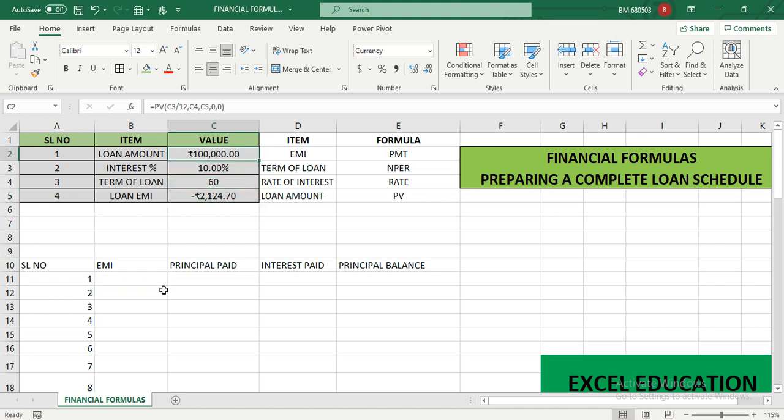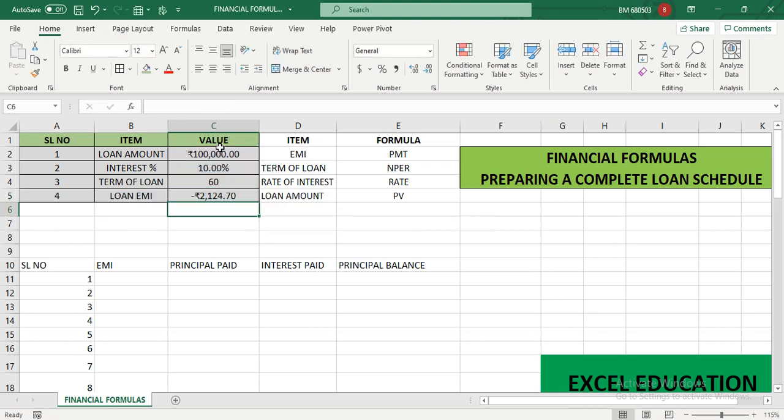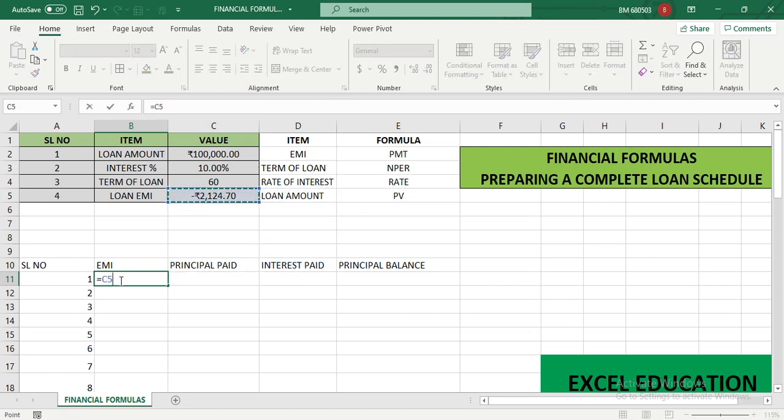Instead of these numbers, it is equal to 1 lakh rupees. I'll calculate the EMI once again. PMT, rate is 10 divided by 12. The number of periods is going to be what? 60 months, and the present value is going to be 1 lakh rupees, and the future value is going to be 0 and 0 again. All right, so we have minus 2124.70 as our EMI, which I am going to give here,